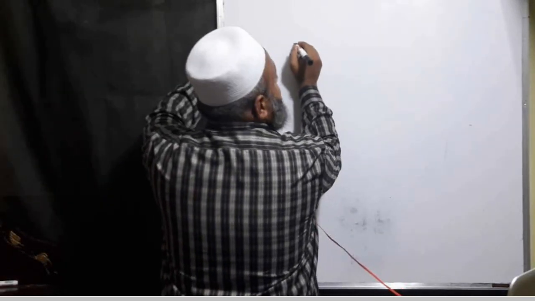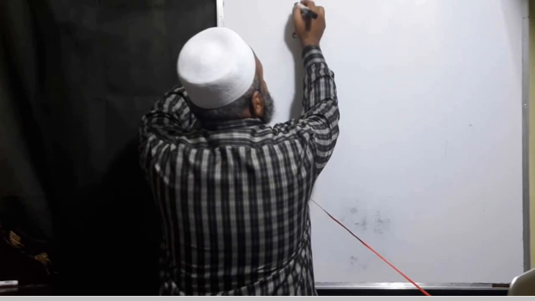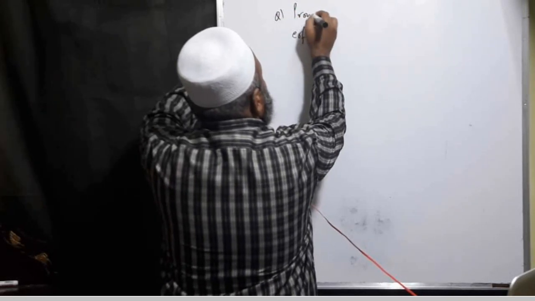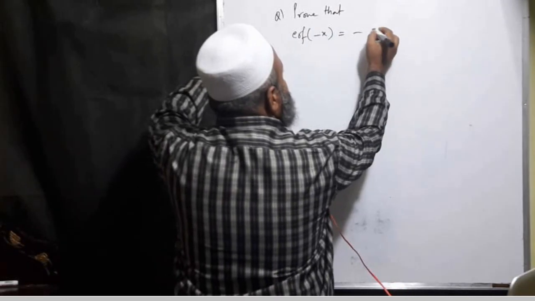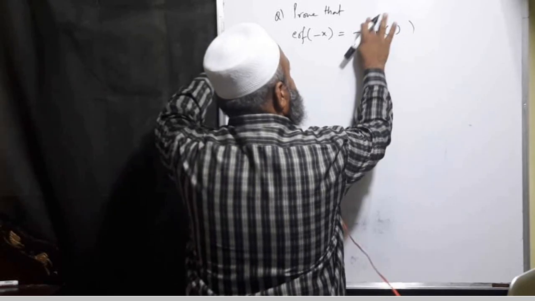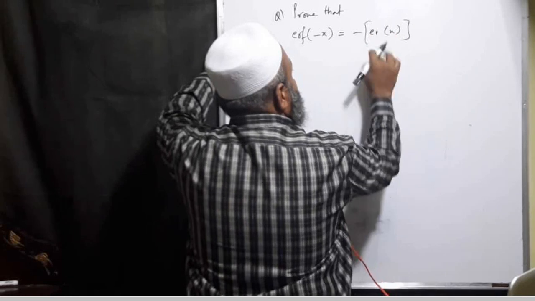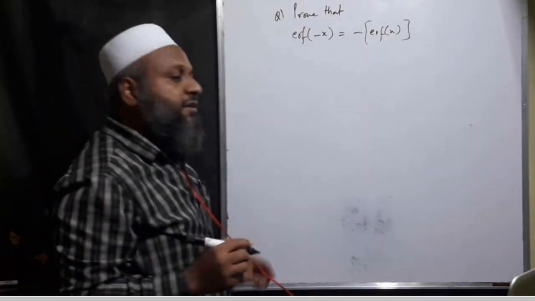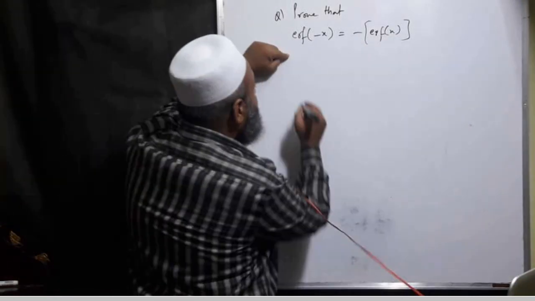Now what is that I said, we will prove that, it's a question now, prove that error function at minus x is minus times of error function at this x. Now let's prove this one. So by definition